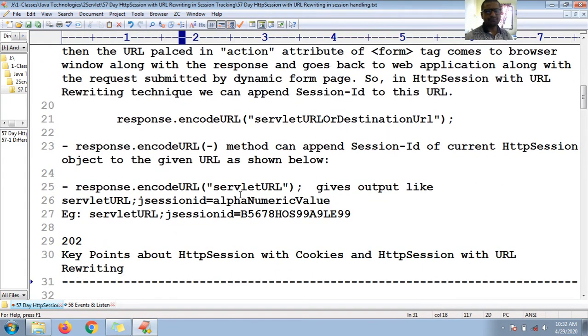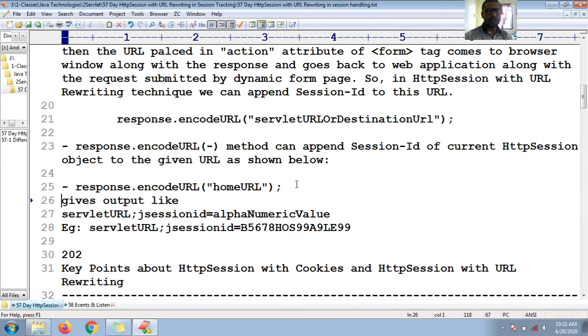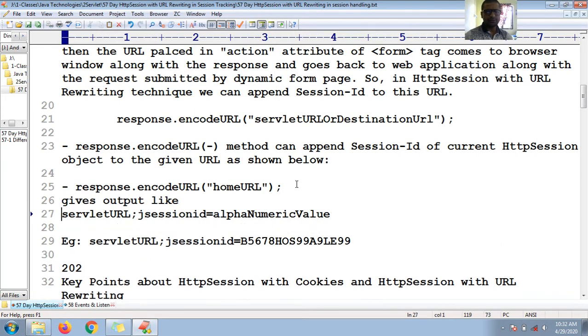Supporting this, I can take an example. My target URL name is servlet URL, or you can go for login URL, logout URL or home URL. So I'm using home URL here. If you call response.encodeURL with the URL you have appended here, then this gives you the output.